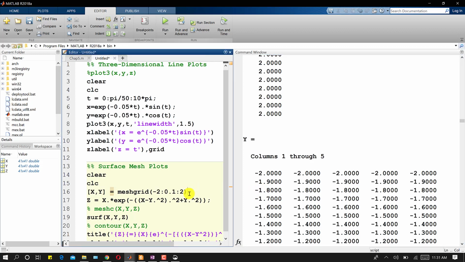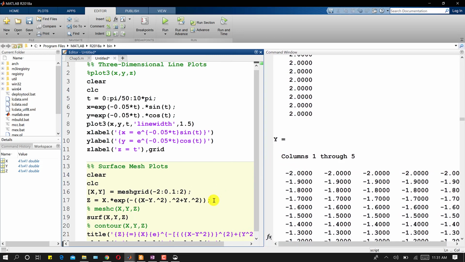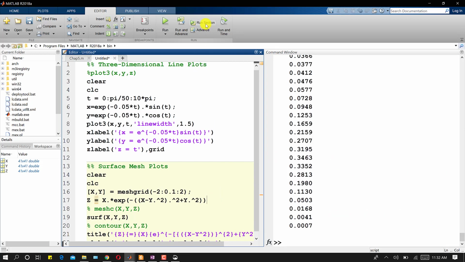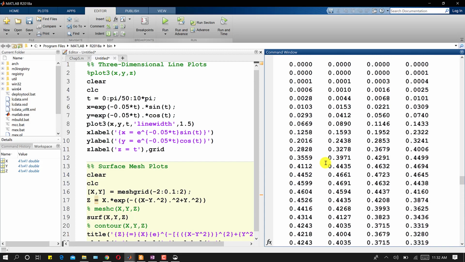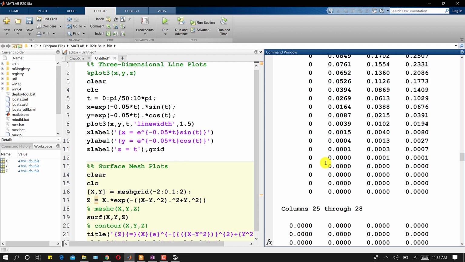Now I can suppress this, and if we unsuppress this line, it will create the z values. So if I run this, we have all these z values for each x and y value. Now we use this surf function with x, y, and z.